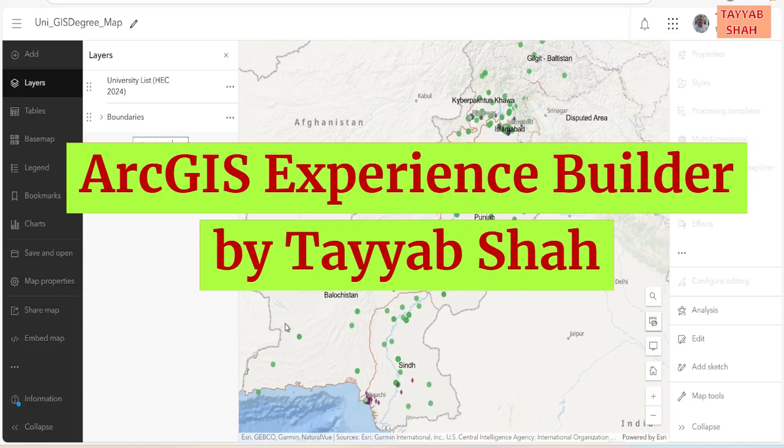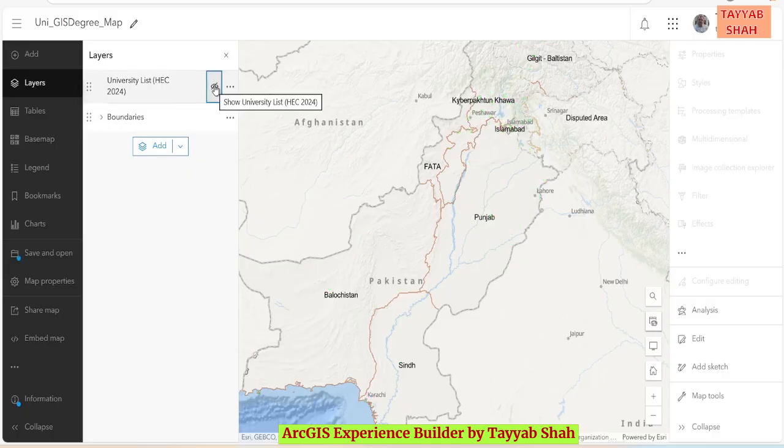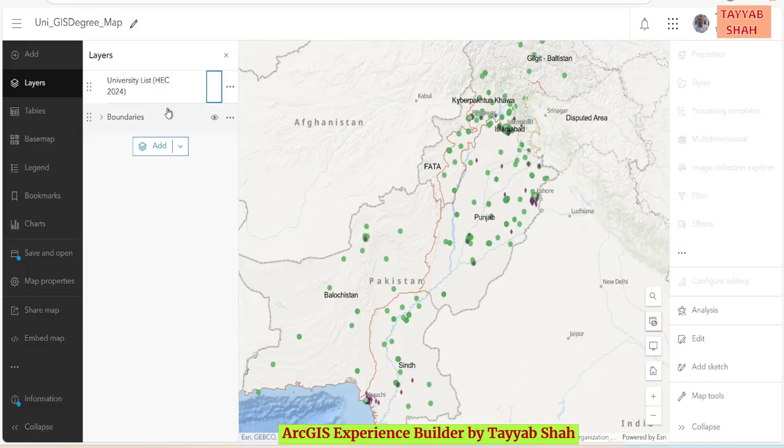ArcGIS Online Experience Builder. Today I'm going to start the tutorial on how to use the ArcGIS Online Experience Builder app. So you need a web map for this. I already have a web map which has a boundary layer, and then the location of the universities across Pakistan. So I want to use this web map to create the web app